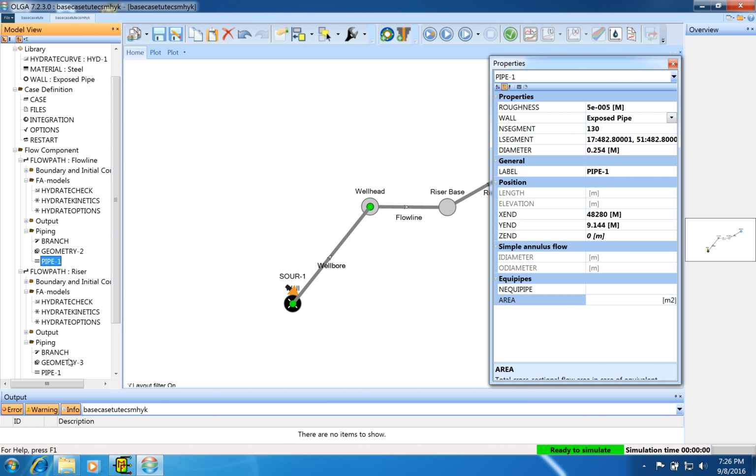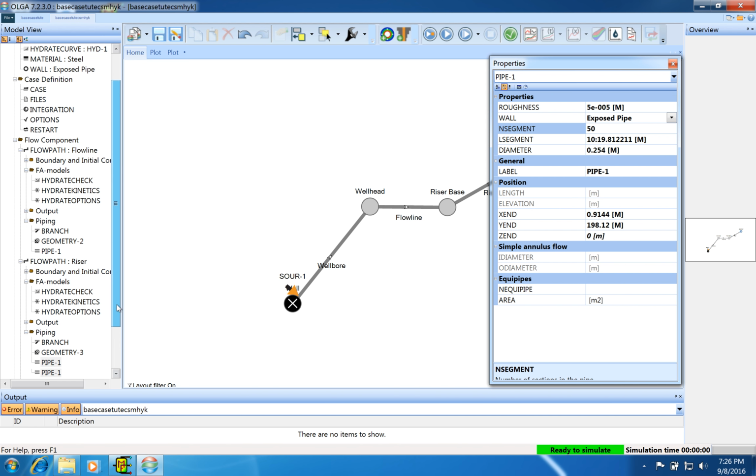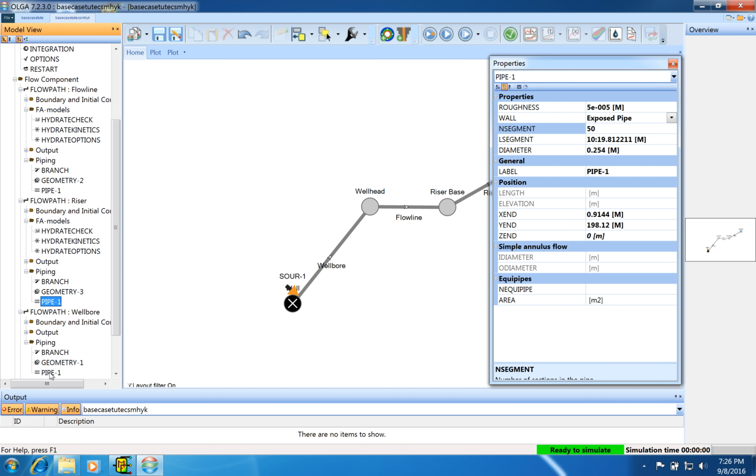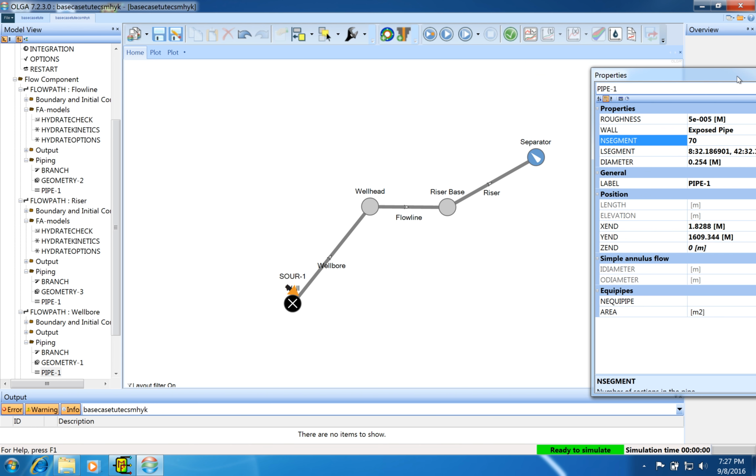So go on to piping, go to pipe one. In the riser, you've just got 10 segments, make that 50. On the flow path of the wellbore, onto piping again, and you've got 50 there. It should be good, but if you want to increase it, go up to 70 on that. That's done. So after that, the next important bit is to add the variables which we would use to analyze